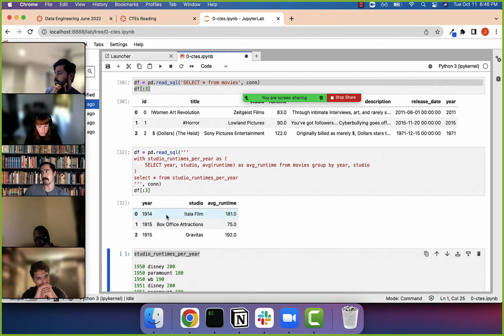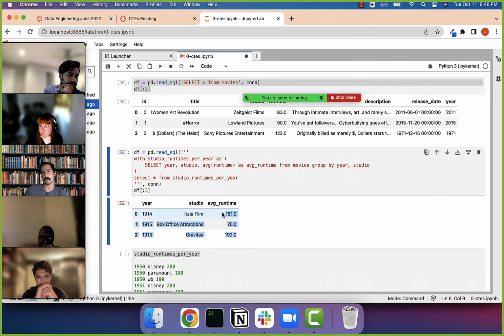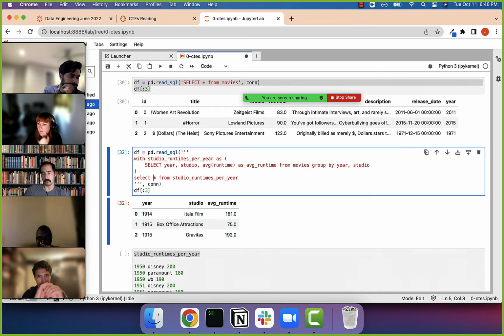We're good. Now what's the next thing we want to do? What I would do, maybe we could find the max of the average runtime. The issue with that is, what if there are ties? Like two studios that have 181 minutes in 1914, you're only going to get one of them. So instead, perhaps what we should do is use a window function. So here we go. We'll select the year, comma, studio, comma, average runtime,